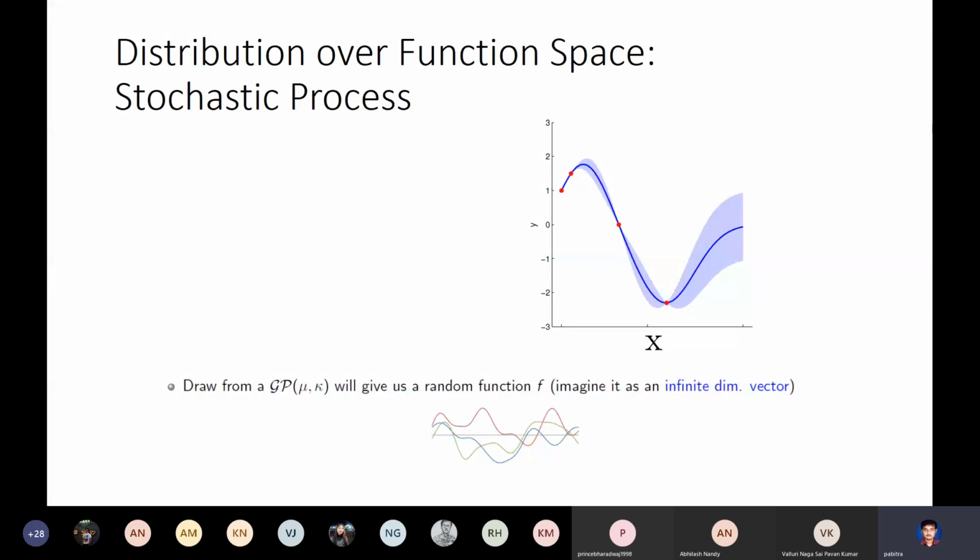That means you pick up any set of points, any 3 points, any 4 points, any 5 points from this curve, look at their y values, take their collection, they should be Gaussian. They should be Gaussian for all such samplings. That is a very critical condition, it is an exhaustive kind of thing. You have to prove that any combination you take, any samples you take, they have to be Gaussian. If that is so, then this collection of curves would be called a Gaussian process.